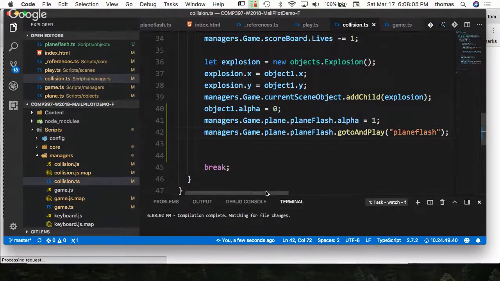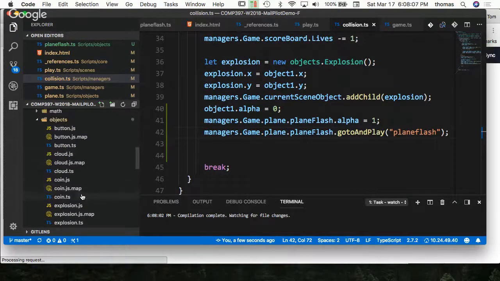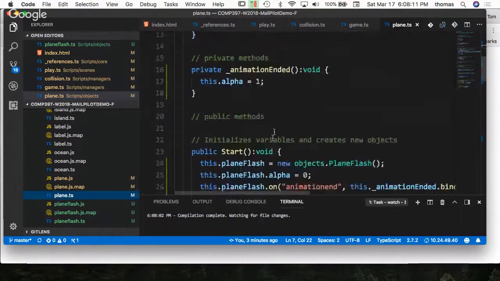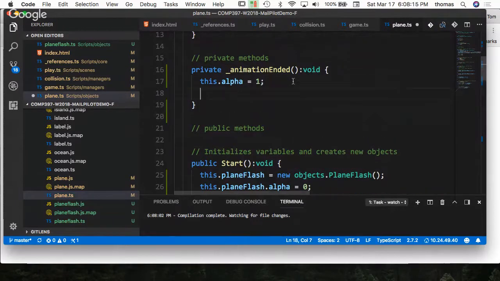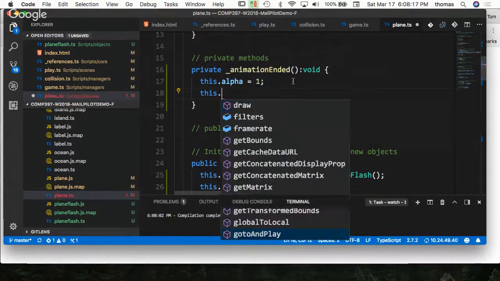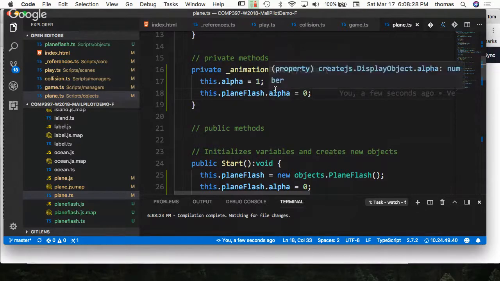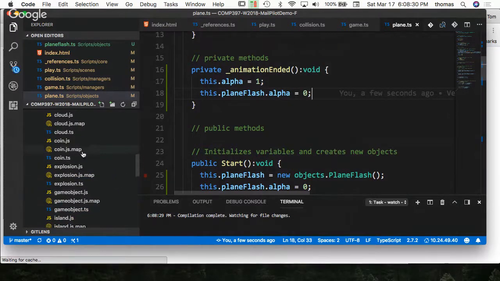Okay. One thing I need to also do is in my plane method, when my animation is over and my this.alpha is 1, I want to say that this.planeFlash.alpha is going to be 0. So I want to turn that back off. So plane flash is off, the alpha is 1. And in my collision manager,